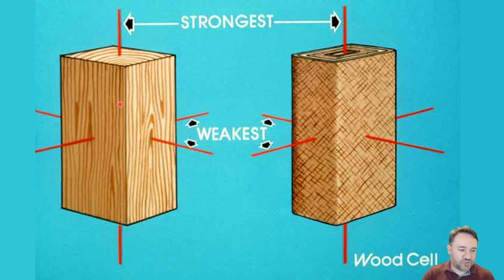And the strength of the wood is directly correlated with the strength of the fibers. So the fibers are strongest in the vertical direction, and so the wood is also strongest in the vertical direction. So one way to conceptualize this is using straws. So if we see I have just one straw here, and this straw can represent one wood fiber, and this straw is very strong in tension, except for the fact that this is a bendy straw. It's very strong in tension. It's strong in compression up to the point that it buckles,